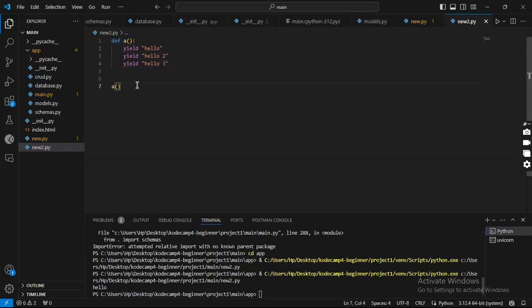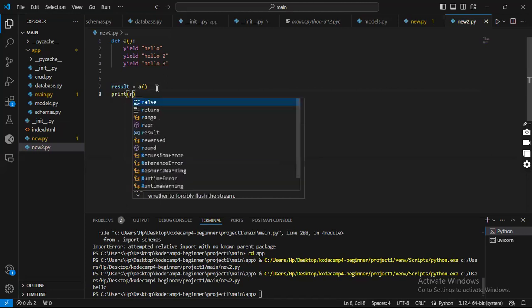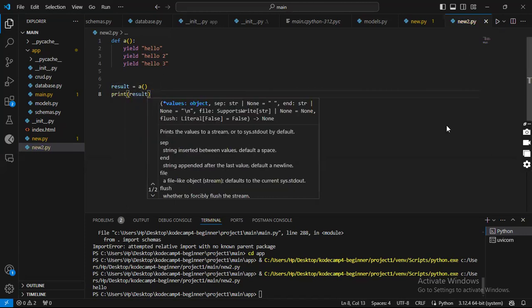Now, if I invoke this function as it is, you will see that nothing happens. Nothing will actually happen. Now, let's see what I mean. If I assign this to a variable, I'll call this result, and then print result. And then if I go ahead and run this,